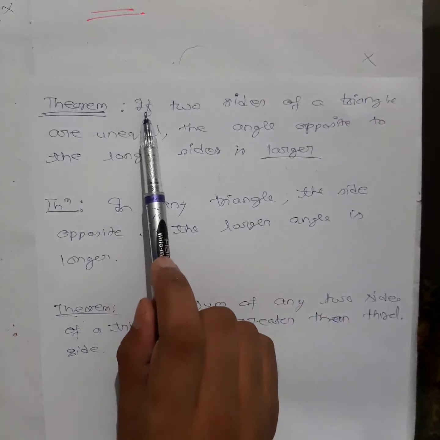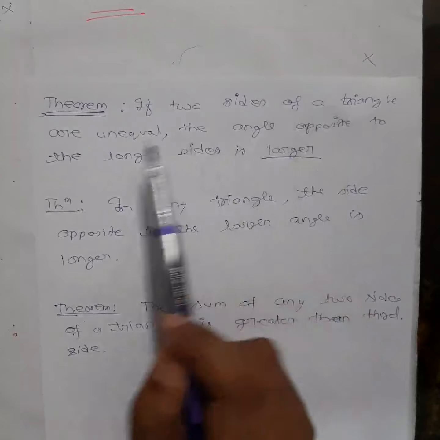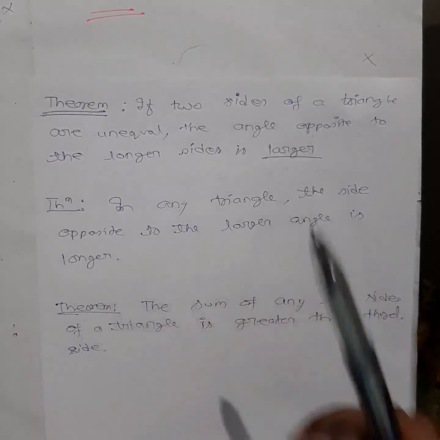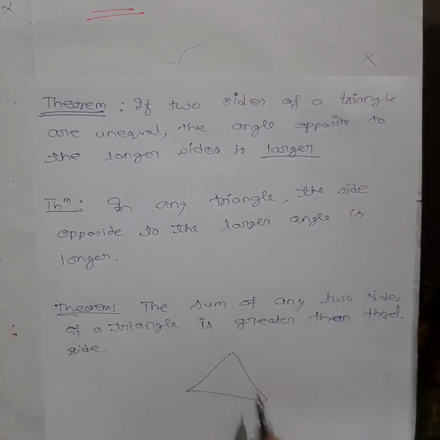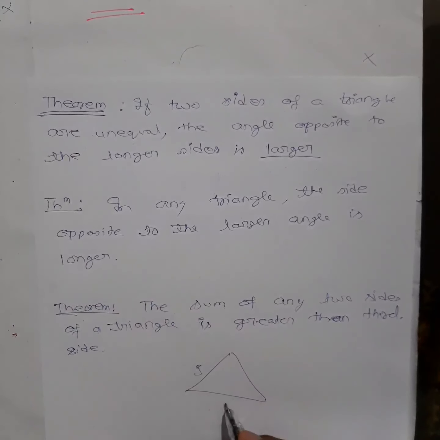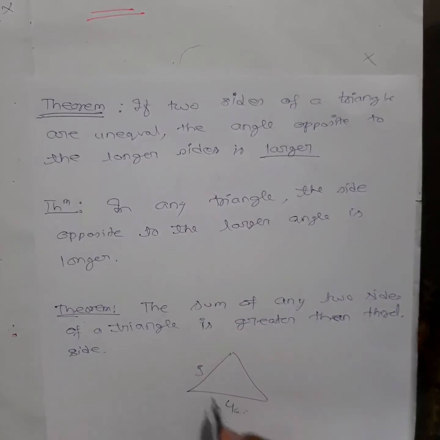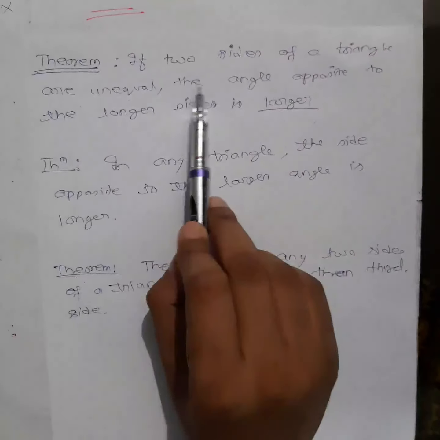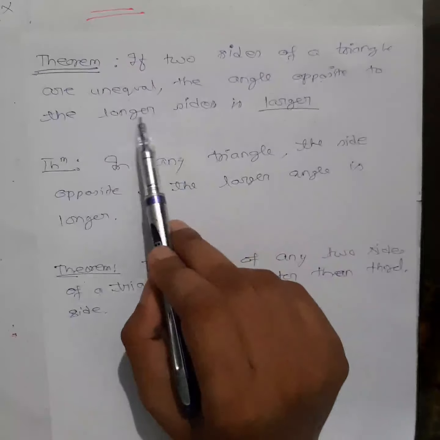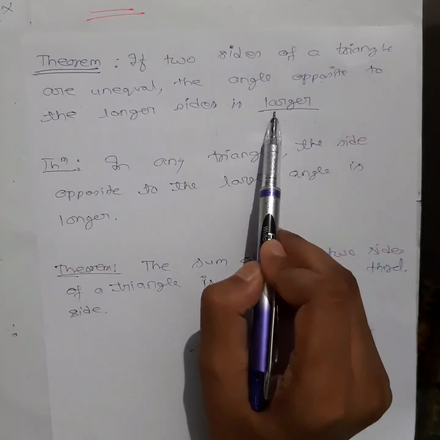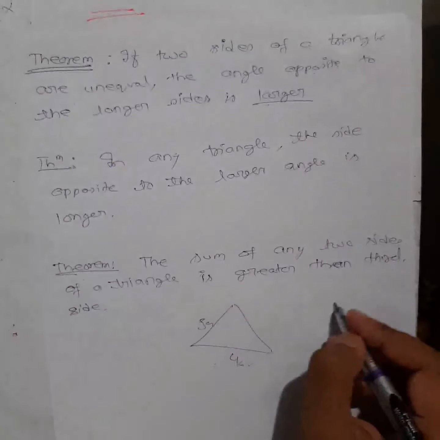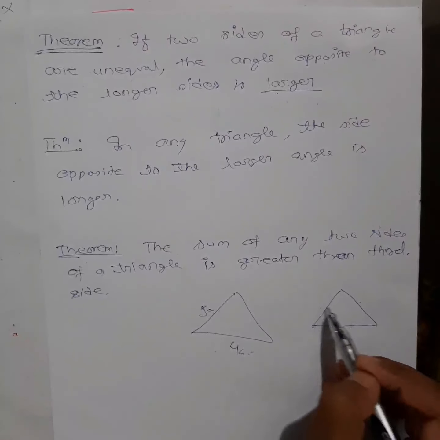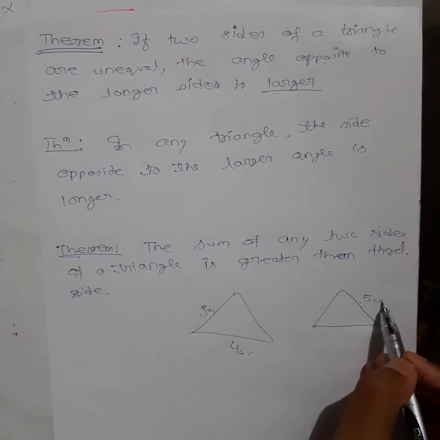So what it says: if two sides of a triangle are unequal, suppose there is a triangle and two sides are unequal, say this is 3 centimeter and this is 4 centimeter, then the angle opposite to the longer side is larger. Meaning, in a triangle, if you have a side which is longer, suppose this is the longest side, 5